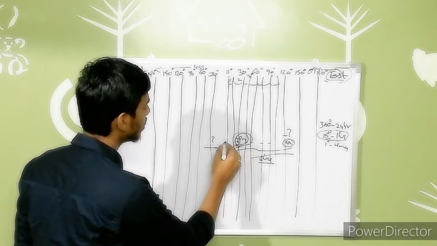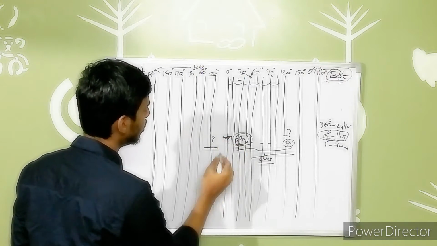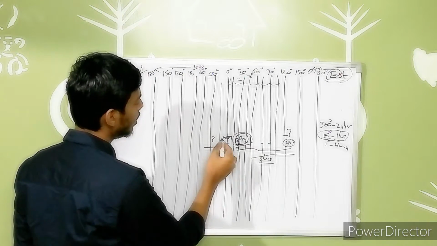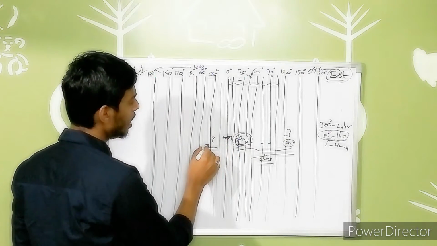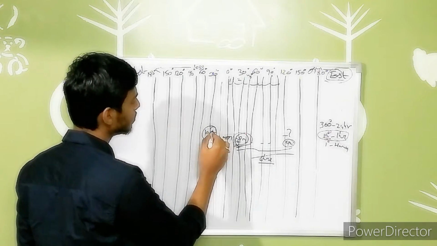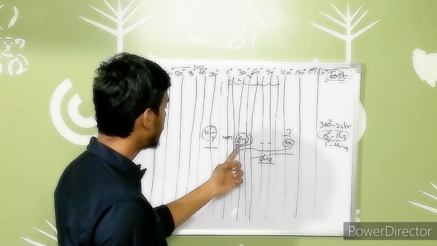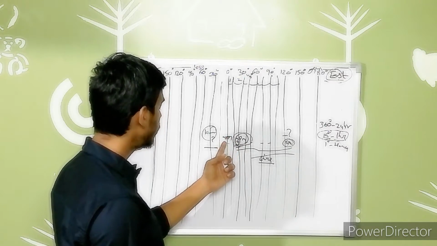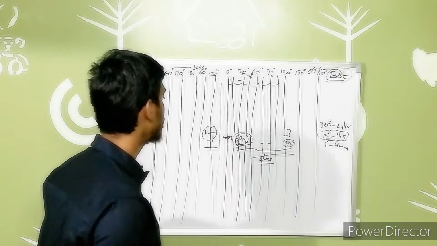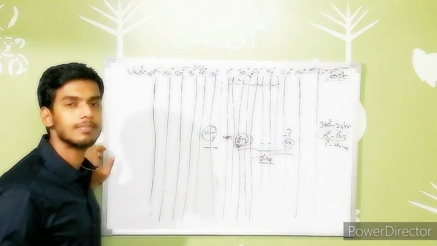So 2 p.m., then 1 p.m., this is 12 noon. Next, in between, another will be there, 11 a.m., and here the time is 10 a.m. So 2 p.m., next 1 p.m., here 12 noon, after that 11 a.m., 10 a.m. Right? This is one of the concepts. Like that we have to calculate the diagrams.